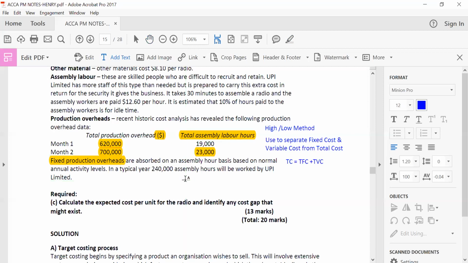The high-low method first of all helps us calculate the variable cost per unit. But here, because it's overhead, it will help us calculate the variable overhead per unit. That is the first thing to calculate. So how do you calculate that? We look at the principle: it is all the time the highest value. So here we have the highest value to be 700,000